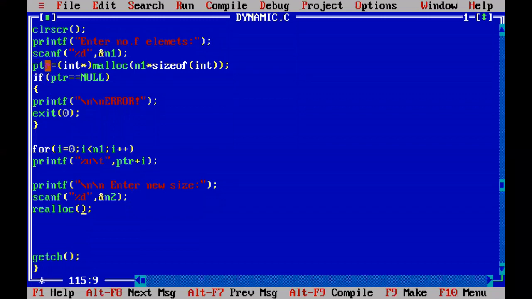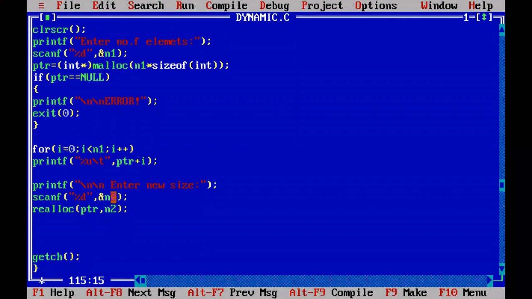ptr is holding the addresses of 5 elements. The 5 elements' size is associated with ptr. For that continuation of the 5 element sizes of ptr only, I am adding 3 more element sizes. So instead of writing 3, you write n2. n2 means 3.